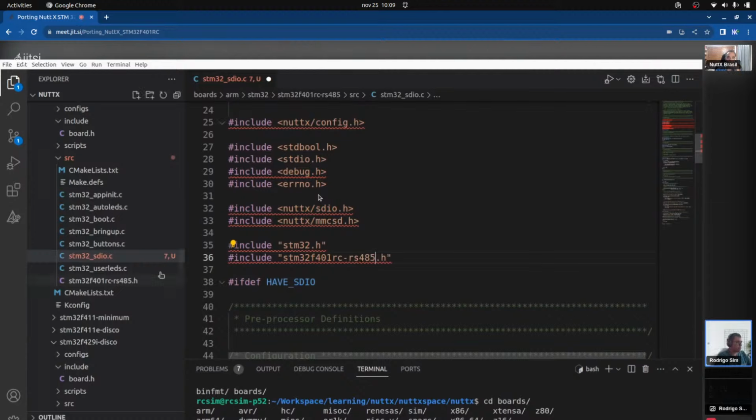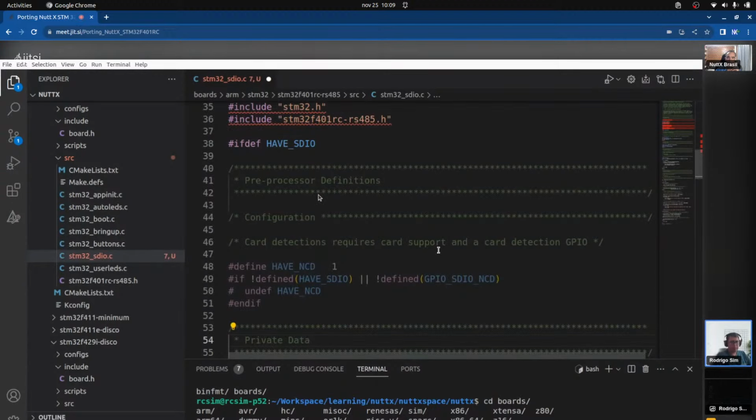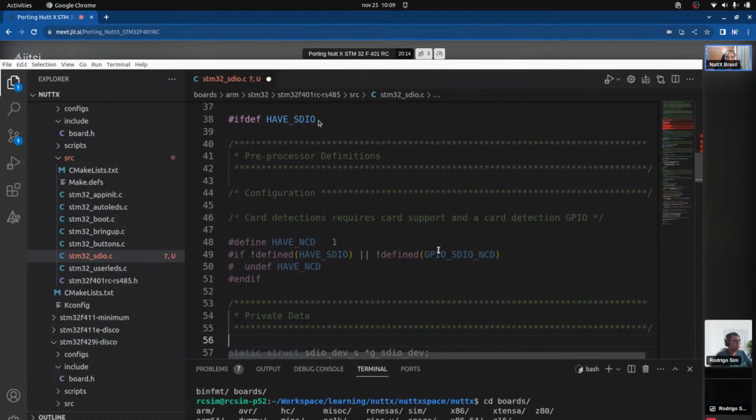File. That is this file here, right? So, okay, let's go down. See, we have SDIO, so we need to define this have SDIO. Also, as you can see here, GPIO, SDIO, NCD is the card detection. Do we have the board schematics to search for the SD card so we can see the